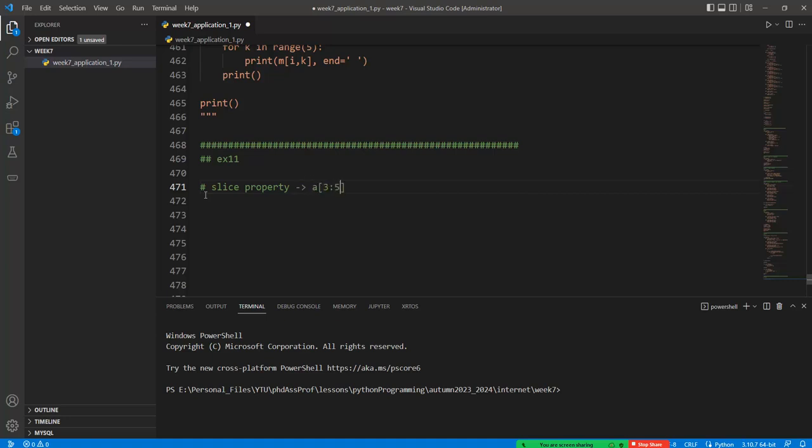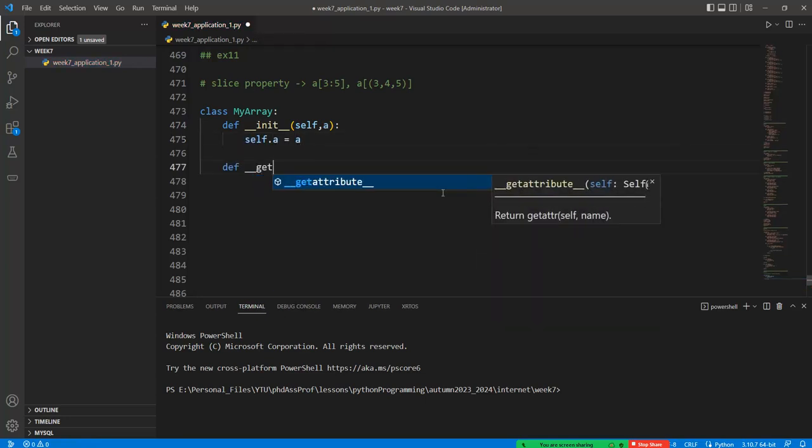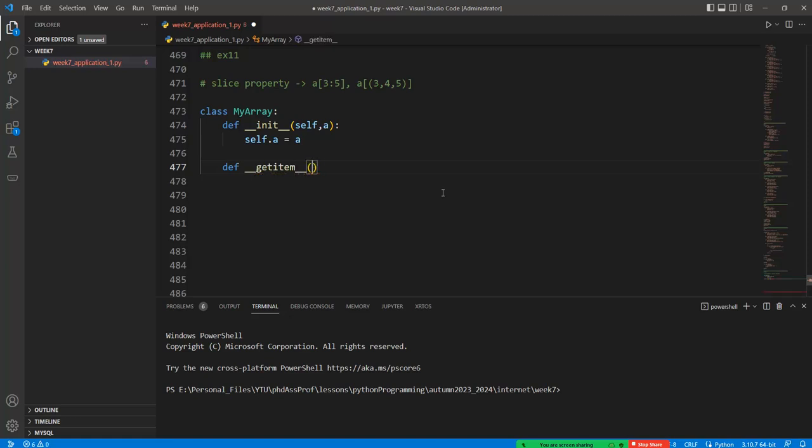For example, with the slice operator, a list or tuple structure can be reached by using 3:5. But the Python interpreter interprets this code in a different notation. So we can create the class myArray definition like this, and give the def __init__ function with the parameter a and no return values. Self.a can be assigned with this term, and then we can define the __getitem__ function with self,